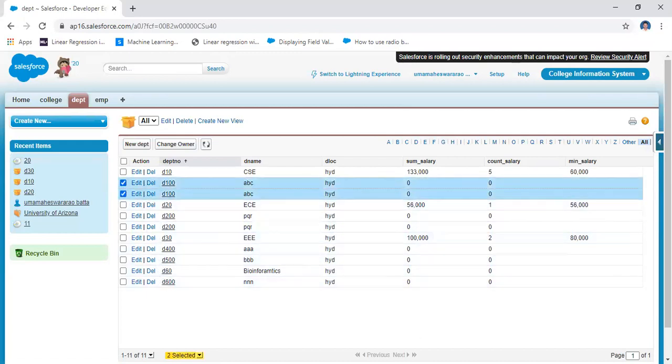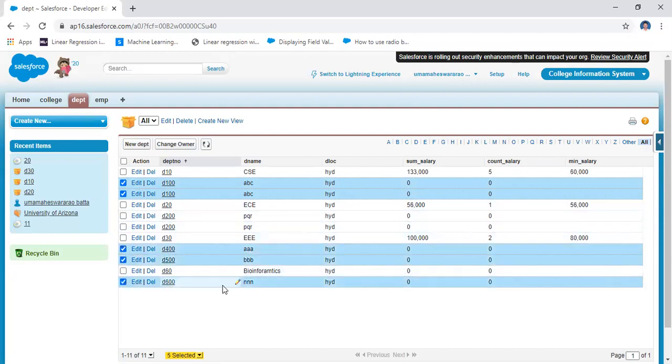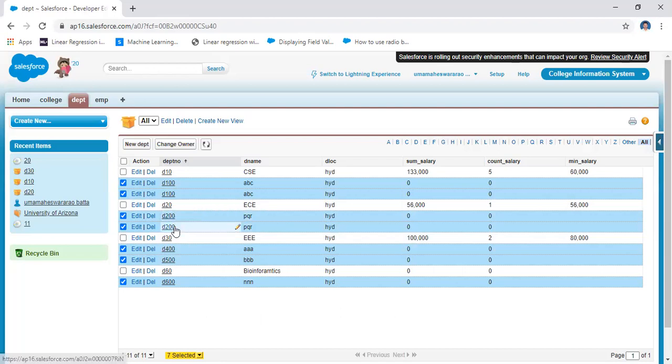That means even though there is a duplicate record, it will add it to the object. The other records, 600 were added recently, and 400 added recently, like this 200 added recently, again 200 added recently, and 200 and 100 are the duplicate records. In this way you will add these records.